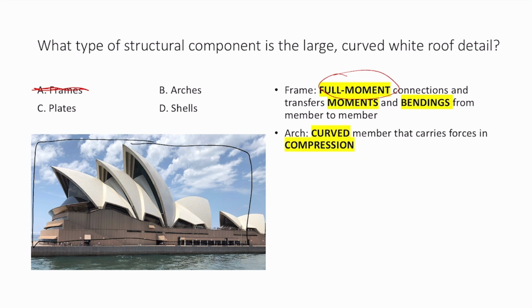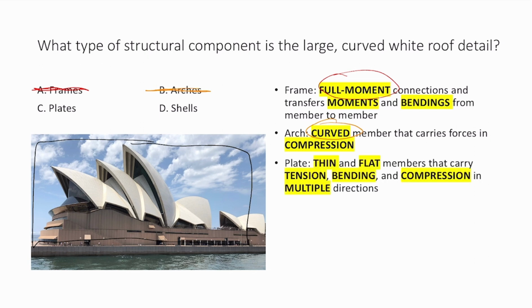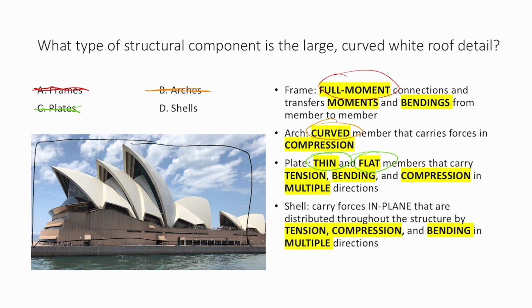The arches are curved members that carry forces in compression. As you can see, these are curved members, but they're not only carrying compression. Therefore, this one will not be true. The plates are thin and flat members. The roof is not thin and flat. Therefore, this is not a plate. And lastly, the shells. The shells carry forces in plane that are distributed throughout the structure by tension, compression, and bending in multiple directions. This roof is in plane and also they carry tension, compression,